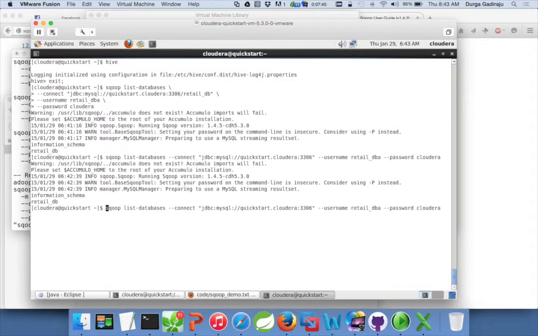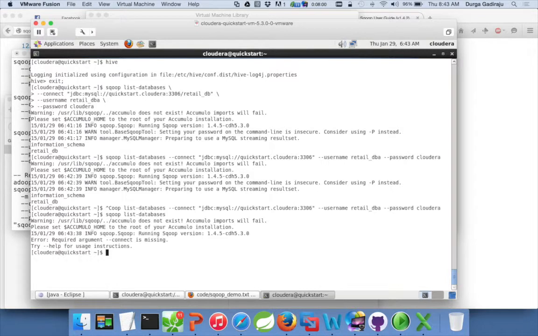So if you actually see, this command is a single line command, and if you feel that it is cluttered and if you want to type this command in multiple lines, you cannot just do scoop list databases and hit enter. It will take it as a command and try to get the results, but as it is expecting certain parameters, it fails. So if you have to type the command in multiple lines, it is a Linux or Unix concept where you have to end with the slash and hit enter.